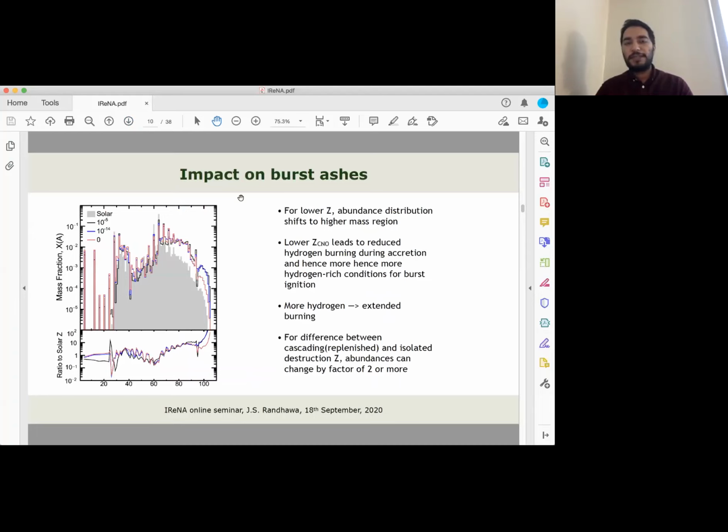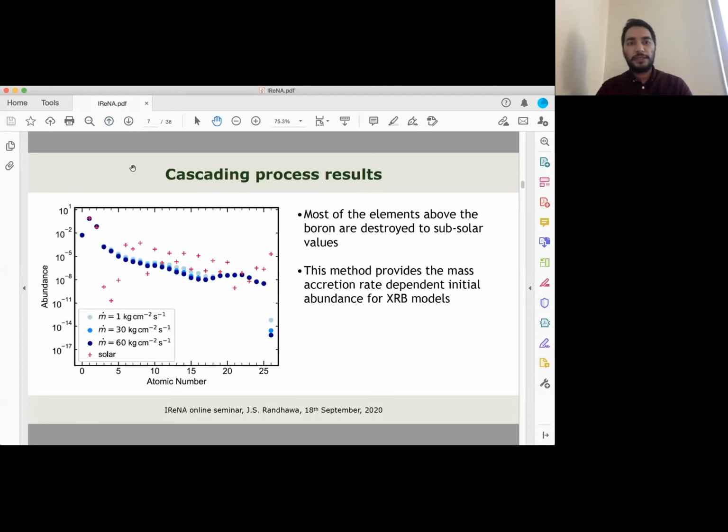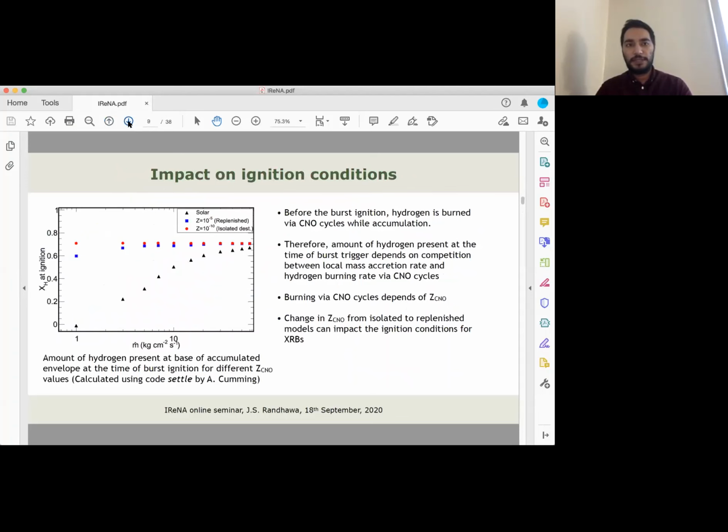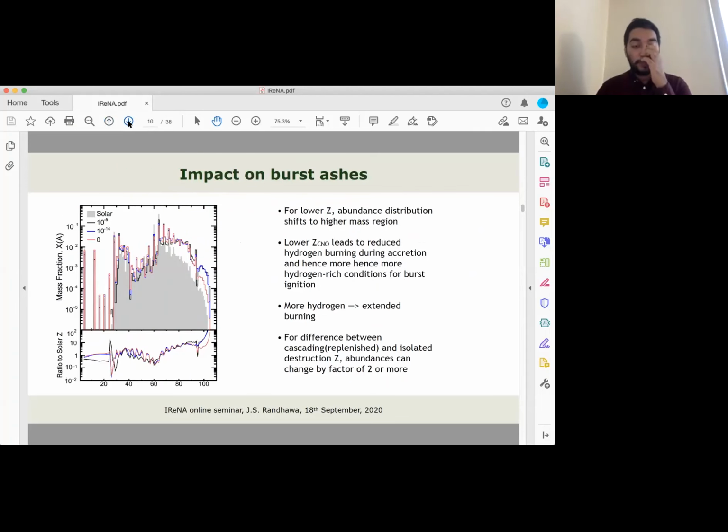What impact does it have on the burst ashes? On the burst ashes, we took one of the abundance distributions that we have here and used it as an initial abundance in MESA, to see what impact it has on the burst ashes. If the metallicity is lower, one observation is that the abundance distribution is shifted to